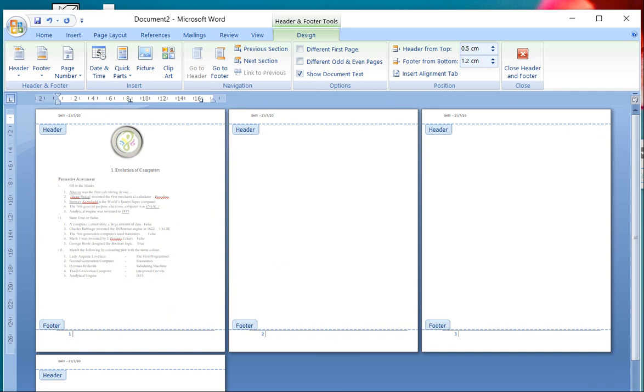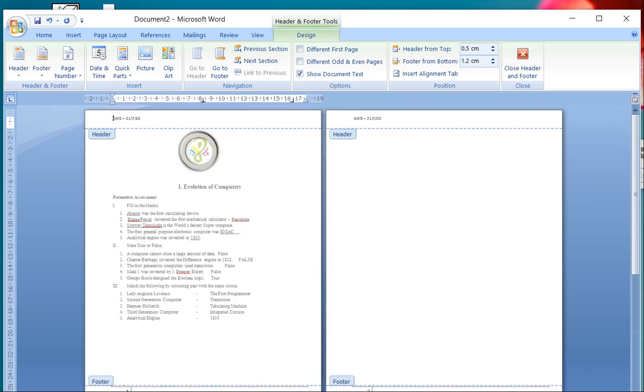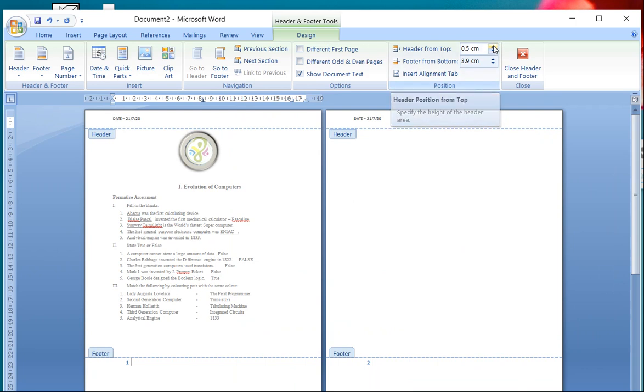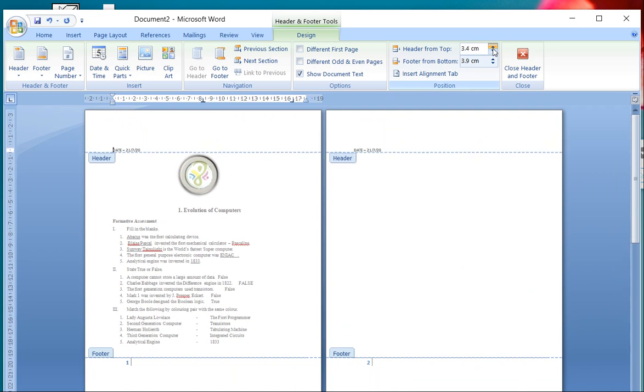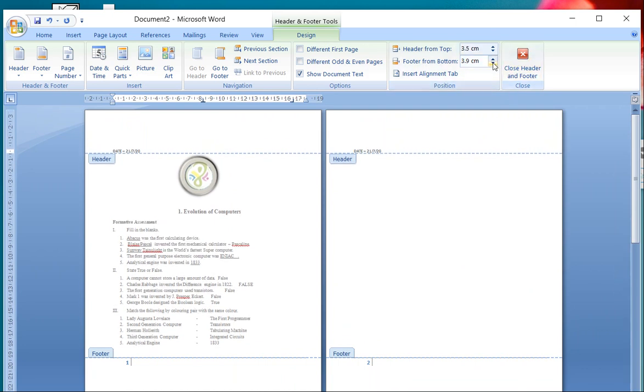I'll show you header and footer, both places. Now, suppose this is my header. If I want to add to the footer size, or increase the footer width, I can increase it. And even the header, I can increase it from the top. See here. So this way I can increase my footer size and header size.